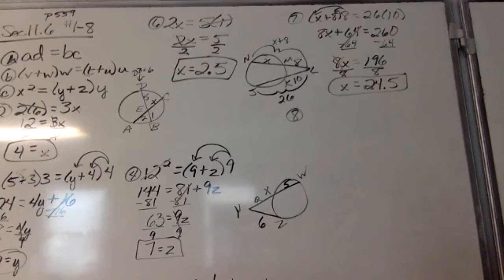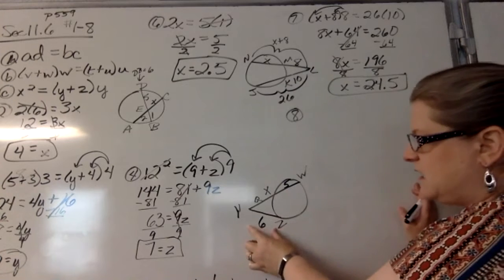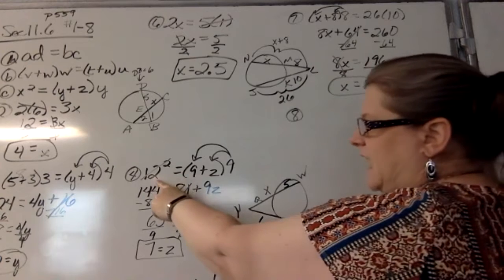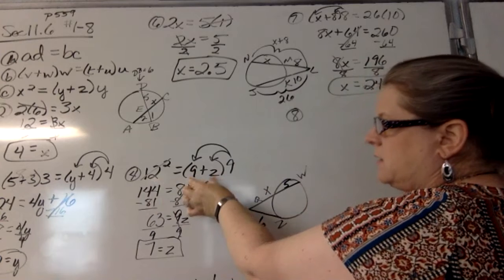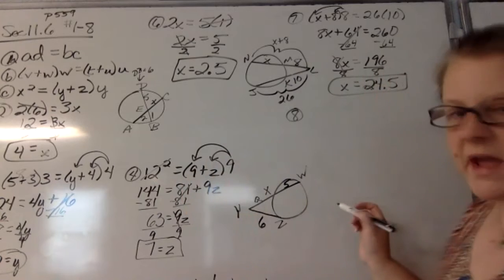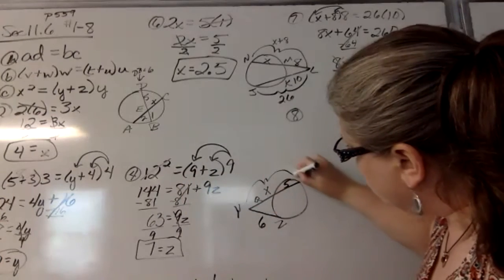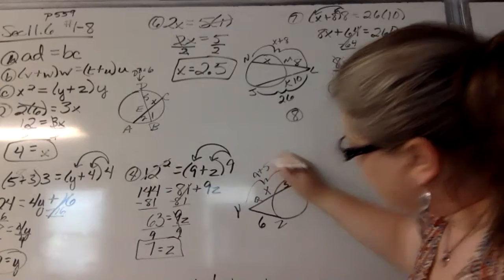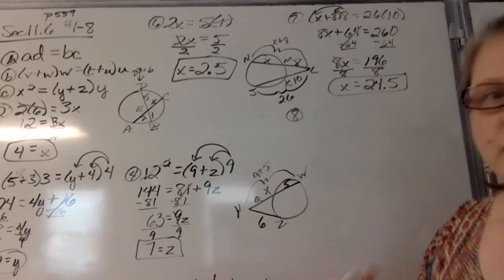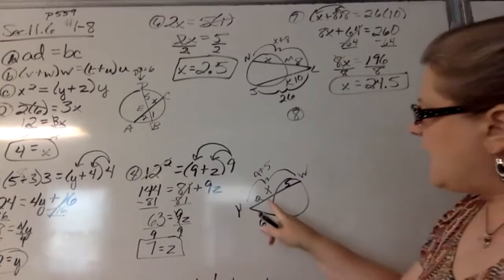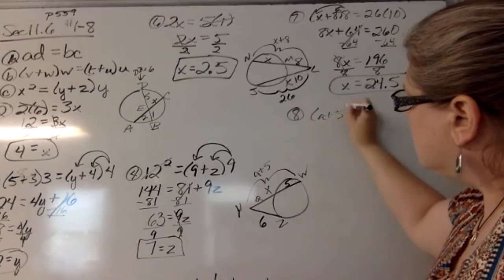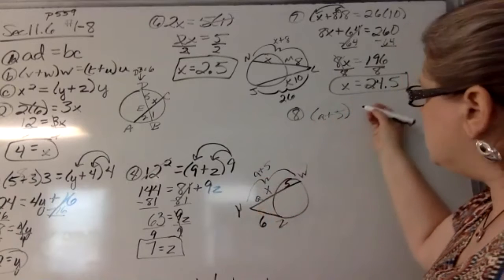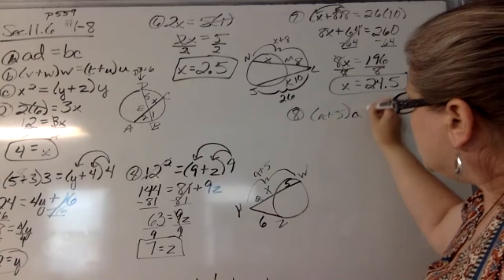Okay, now remember, this is going to be like what we did on number 4. When you have the tangent part outside, you have the tangent squared is equal to the sum of the secant parts times the outside secant. So I have to do my sum of my secant parts up here, which is a plus 5. Okay, so now I'm ready to try to do my equation. So I have the whole thing, a plus 5, times the piece outside, which is my a,